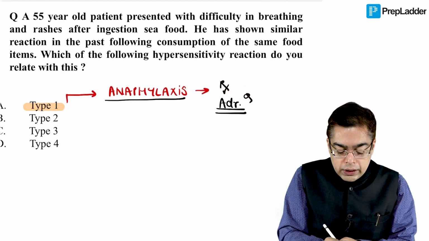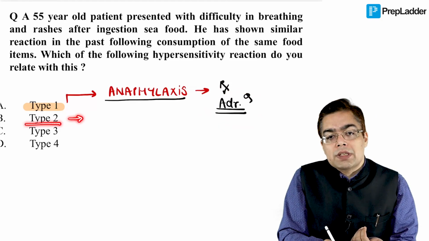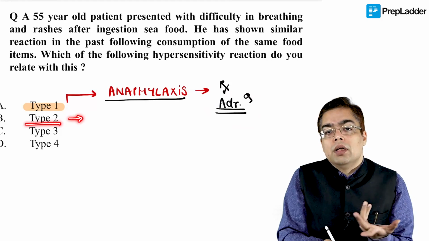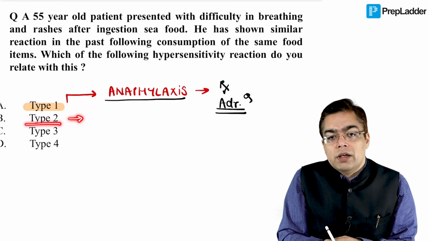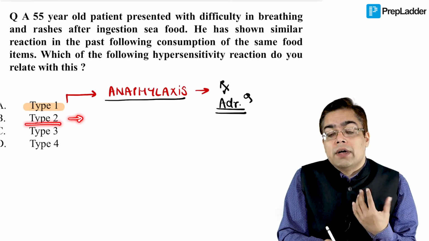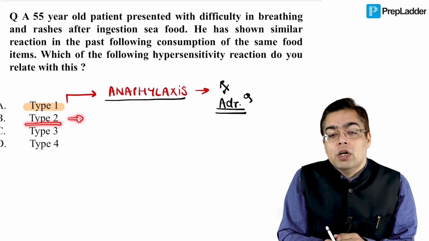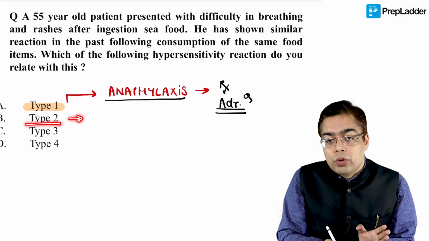Talking about the other important options over here, type 2 hypersensitivity reaction, the antibody mediated hypersensitivity reaction. So we remember the mnemonic I told you in the main app was, well, my blood group is RH negative. Sorry, my blood group is RH positive. RH negative actually is my blood group. So I just talked about that factual phase to you. So my blood group is RH positive is the mnemonic.